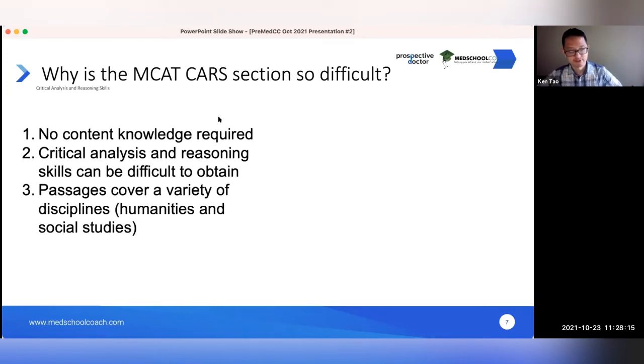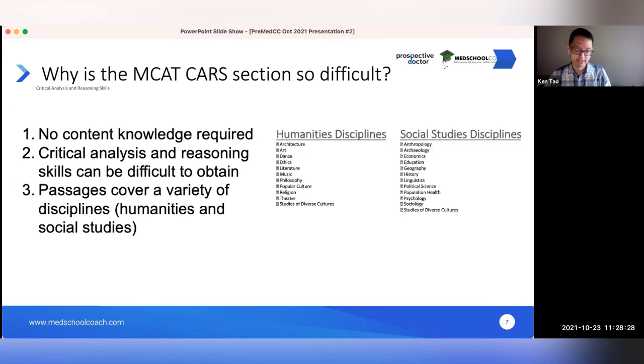Number 3, passages cover a variety of disciplines. It's about 50% humanities and 50% social studies. AMC has provided a specific list of disciplines that the passages can be about, and here I've got the full list. And there are some topics that students are pretty okay with, right? You have pop culture, you have population health, you have psychology, you have economics,